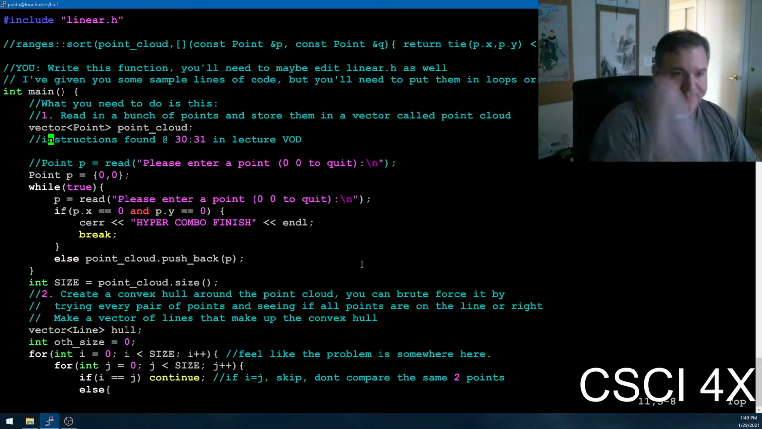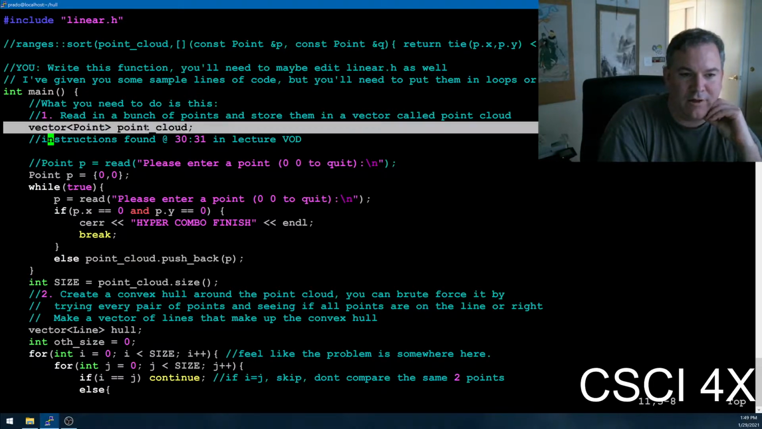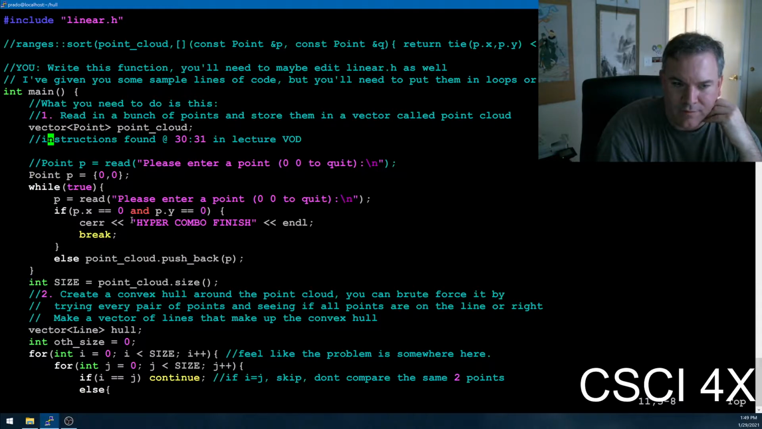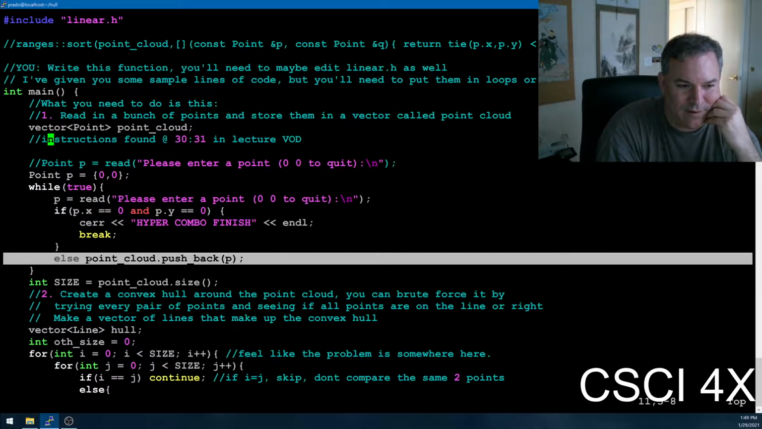All right. So this is going to be a collection of all the different points. You are successfully reading all of the points using the read library, which makes it really nice, doesn't it? It reads all the points in. If X and Y are both 0, then it prints hyper combo finish for some reason, and then otherwise it will